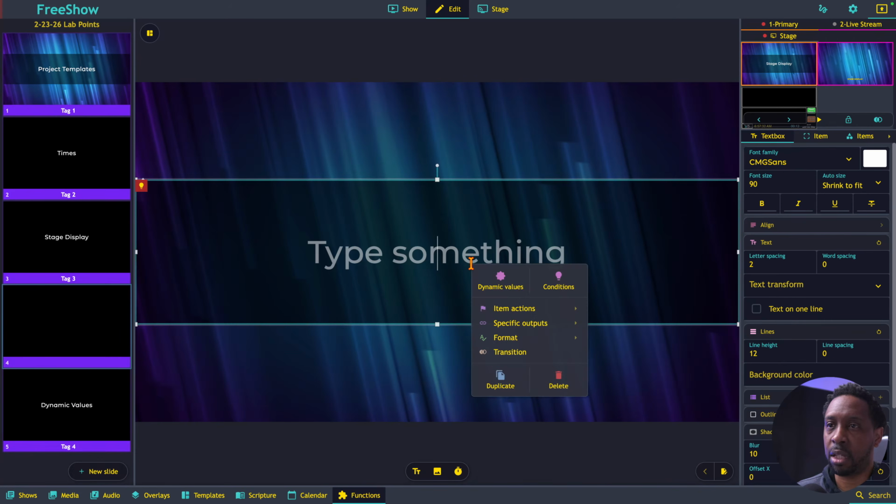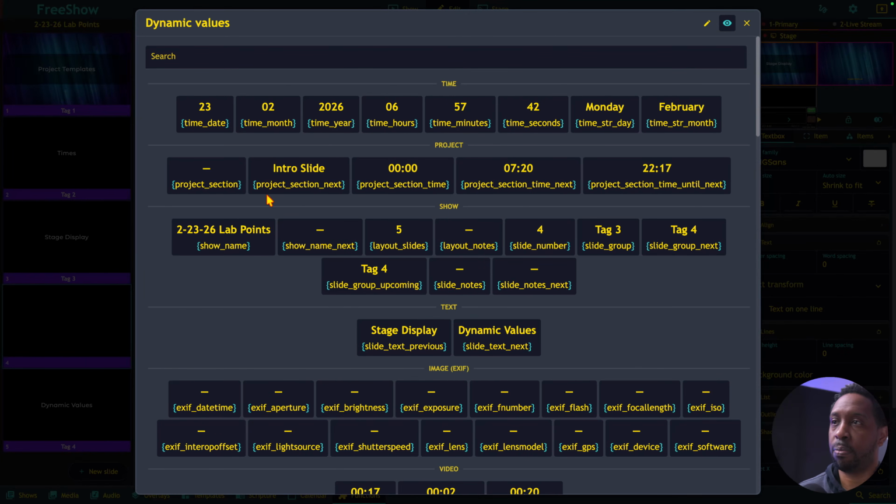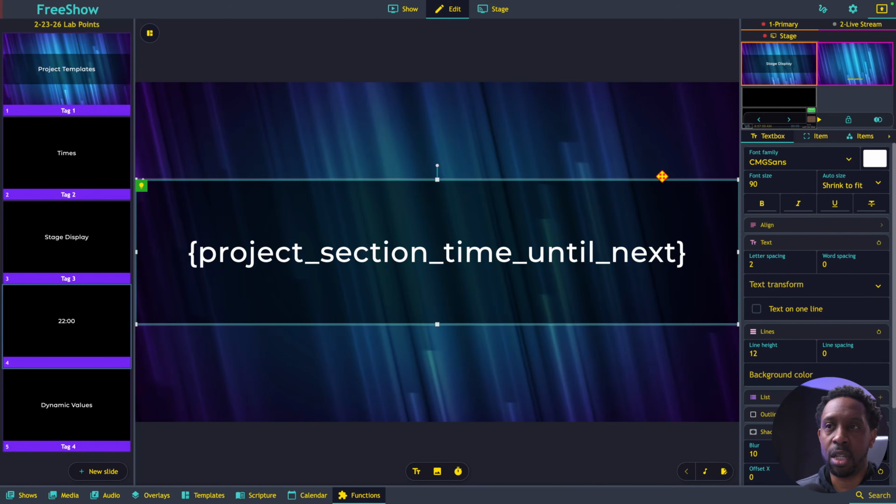And so if I right click in here and add a dynamic value, I can do project section next. But if I expand this, you get the project section next, and the project section time, and then project section time next, and then the project section time until next. All right. So this is the one that I like to use because it gives you a countdown. So if I select that,